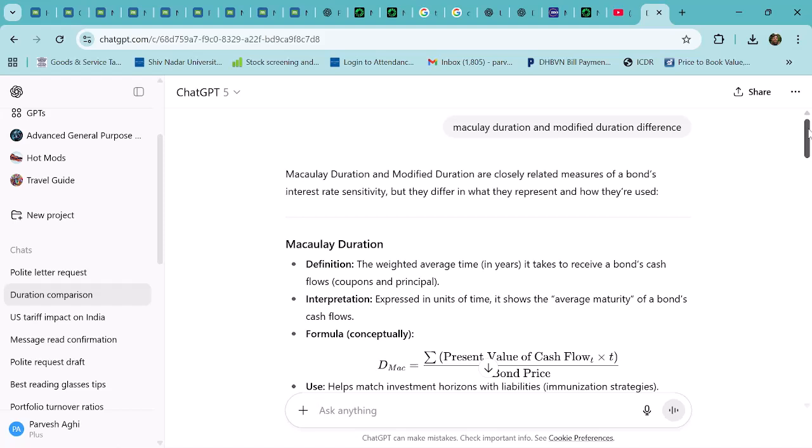Suppose the bond is for 10 years. So in how many years are you going to get your principal back? I'm asking this question for anyone to answer. By simple plain reading, if you have invested in a bond which is giving you a 25% return per annum, and you have put 100 rupees in that bond, in how many years will you recover your principal? It's a 10-year bond. In which year are you going to get your whole money back?